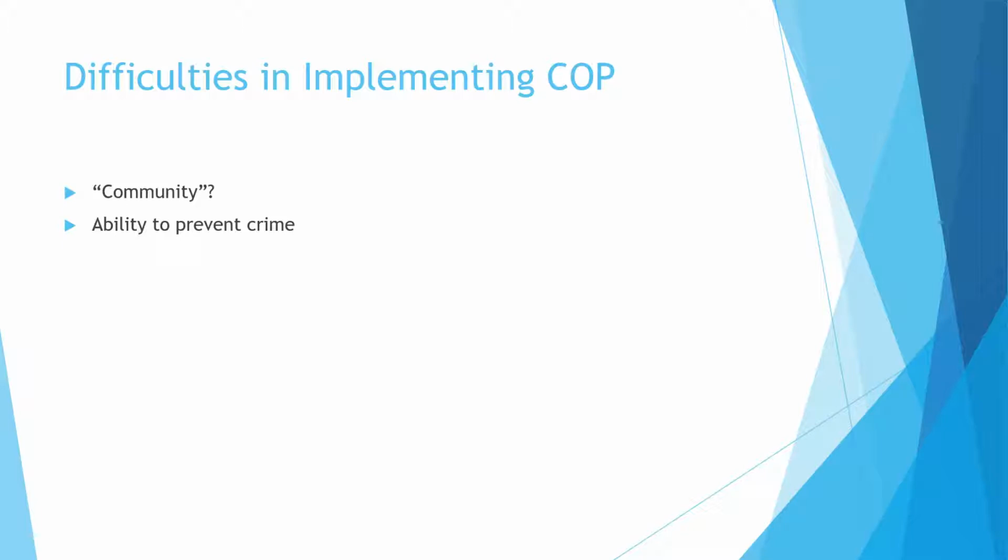Even if they could find the root cause and they say, okay, the root cause of serious crime in this neighborhood is the lack of jobs. How is a police department going to bring in a factory? How are they going to bring in more jobs? So again, we have to be reasonable with what our expectations are. Yeah, let's try to do some really important things to change society, to change the community, but we may be limited in our ability to prevent crime.